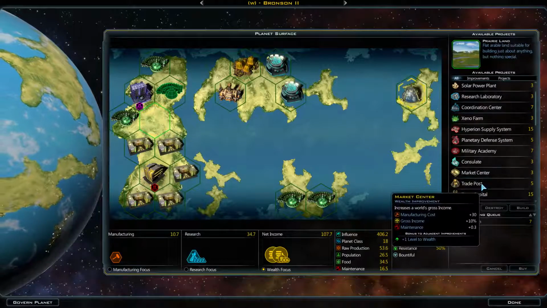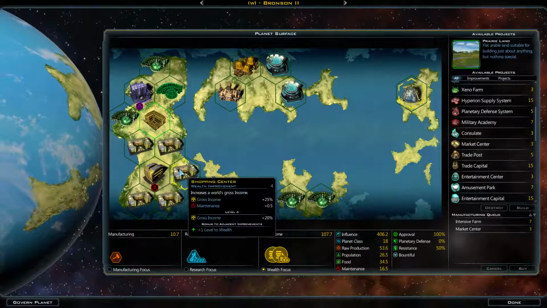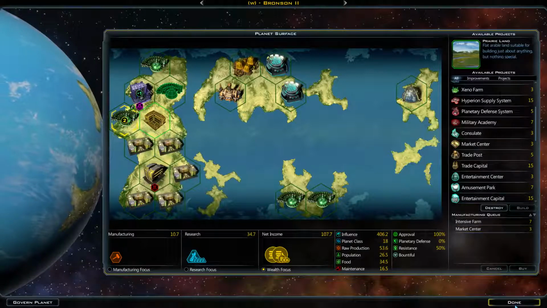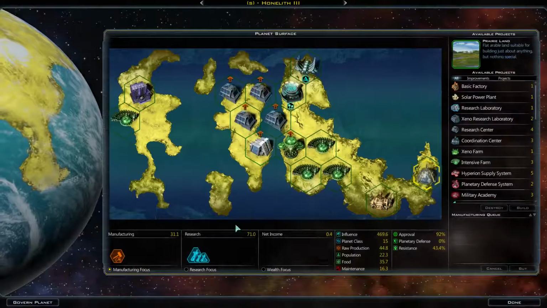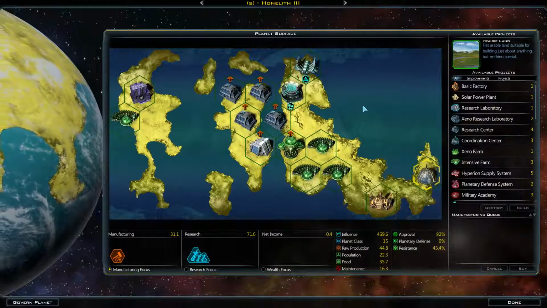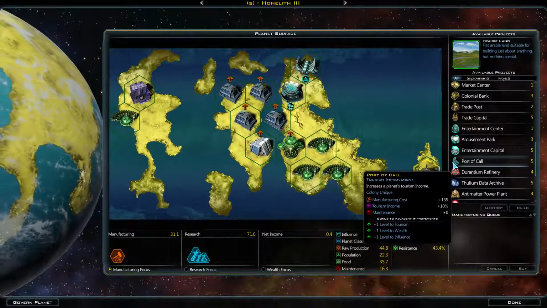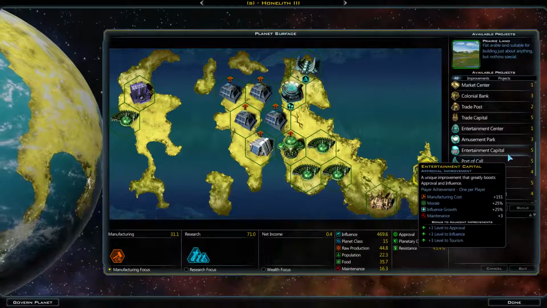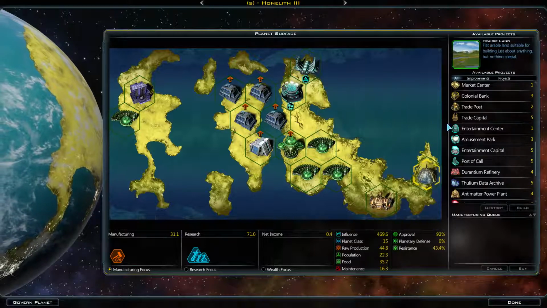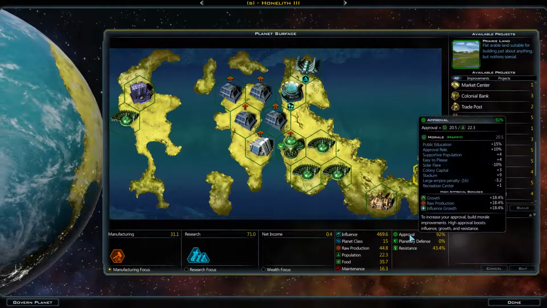Well, we could also just take the easy way out and just take a market center. Why not? Kinda hate that. Kinda don't hate that. 1, 2... yeah, that's good. Another idle colony. Oh my goodness gracious. Approval for not too many more people. And we don't have any space either. So... huh. We're not even close to...